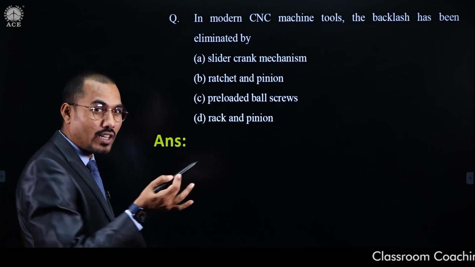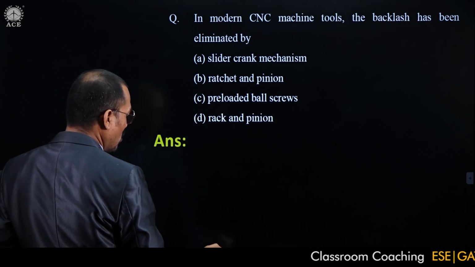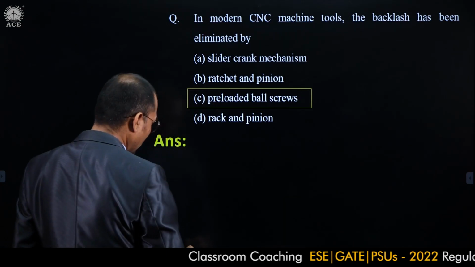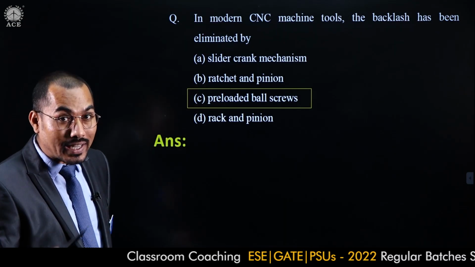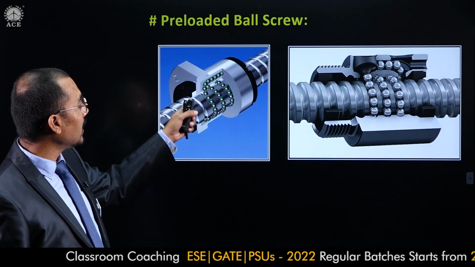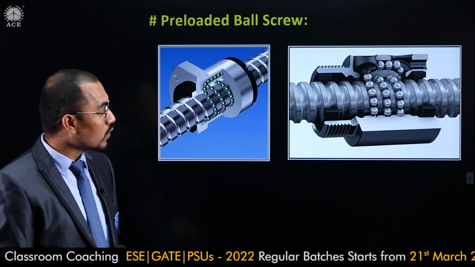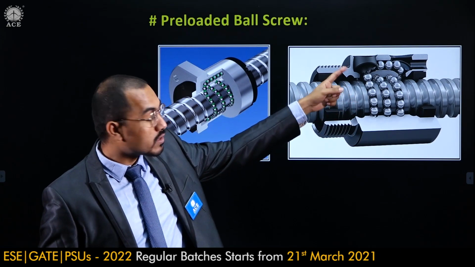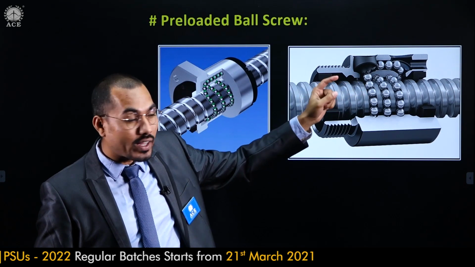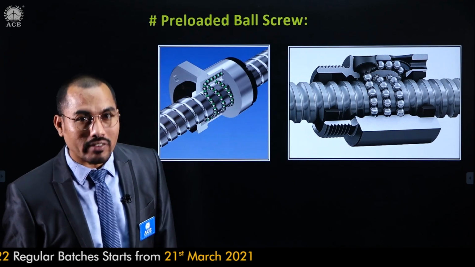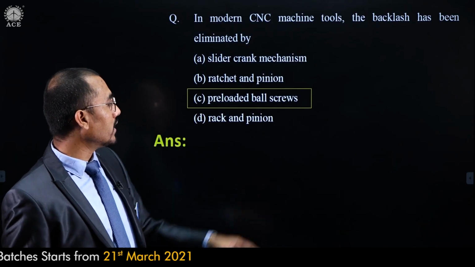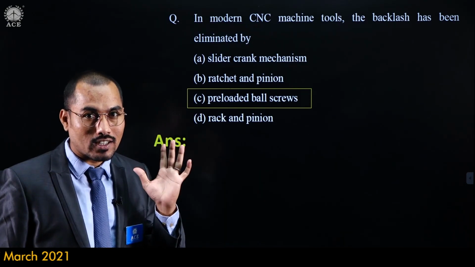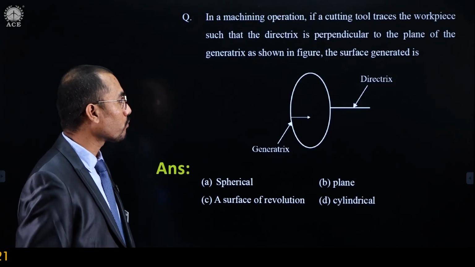A simple answer itself, the option itself is giving the huge response to you, and the indication is that preloaded ball screws are utilized to eliminate this backlash. So what happens? These preloaded ball screws are basically going into the gap present in that particular lead screw, and as there is no gap actually present, and these ball screws are recirculating, preloaded, therefore that backlash errors can be eliminated very easily. And that itself, the options are giving me a hint that it should be preloaded ball screws are utilized to eliminate that backlash which is present. Yes, fine. Now next question.